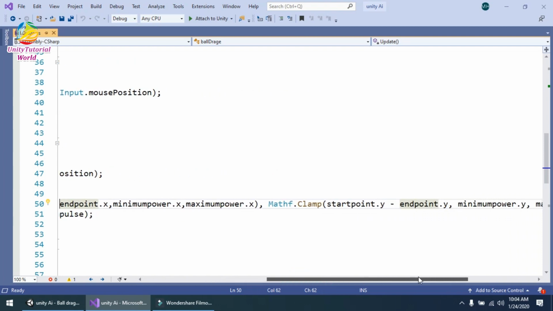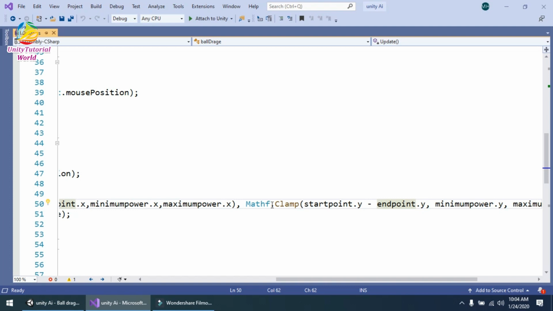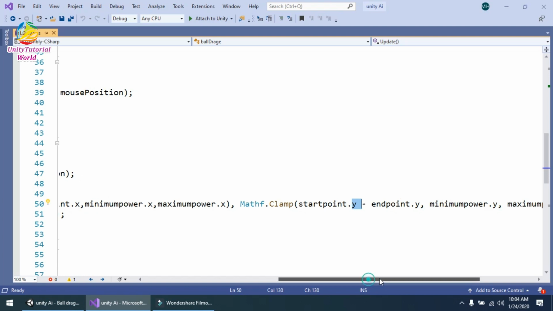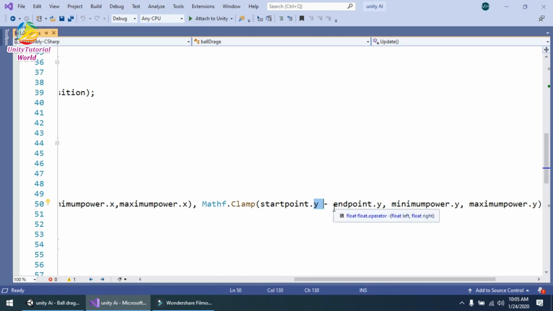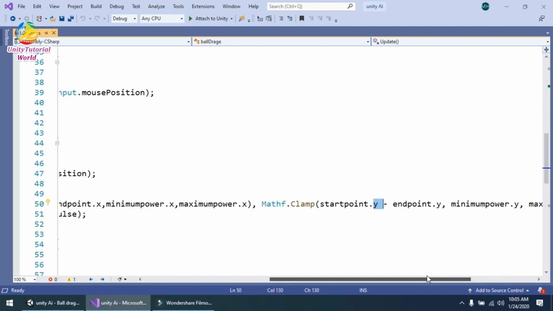And the second variable is simply the same function, Mathf.Clamp, only we should change the values of y instead of x. We should change the parameter to start point.y minus end point.y, and minimum power of y and maximum power of y.